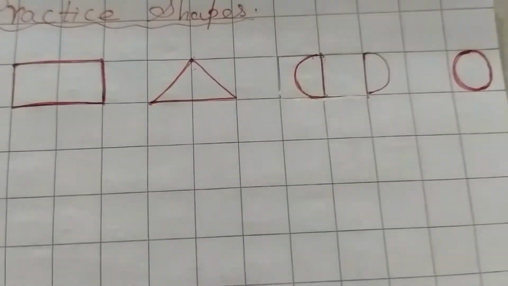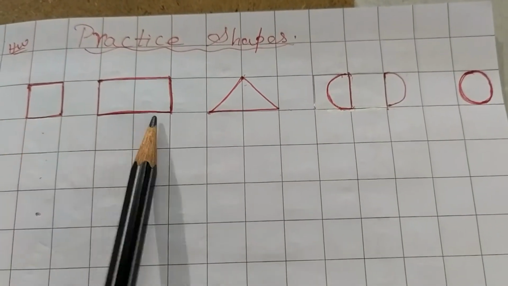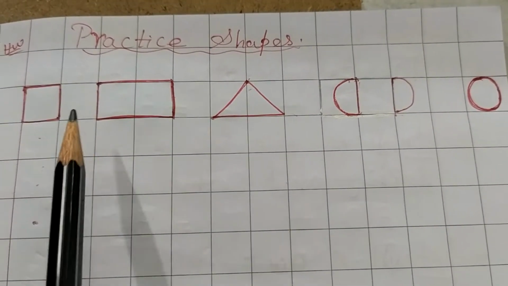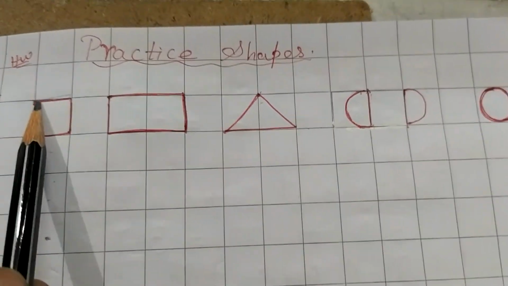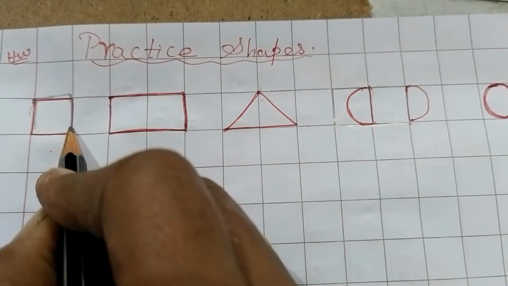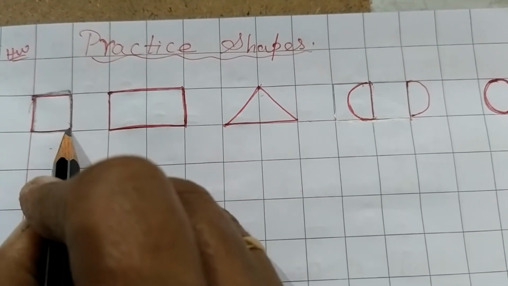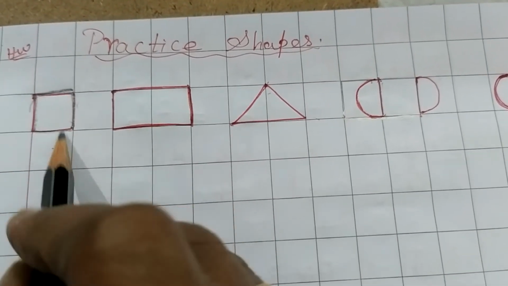The next practice is for your shapes. You can use this math notebook, the square notebook can be utilized very beautifully. The lines are already there, the squares are given. So you can make sure children draw on the line. So they will learn the perfection of drawing on the line. That is a small kind of tracing only. So they will find it very easily.